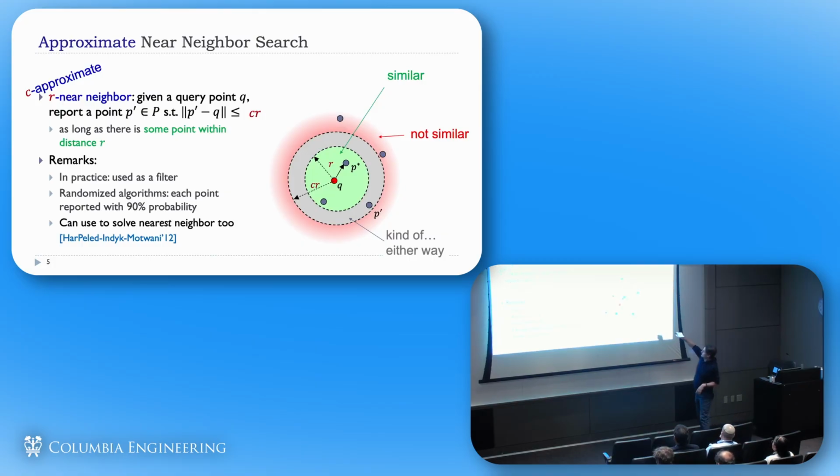Let me go over this guarantee a little bit. The guarantee is the following. As long as there is something within the green ball, I'll report something which is either from the green ball or in this gray band. But if there is nothing in this green ball, but there is something in this gray band, I may or may not report this. I don't need to guarantee anything like that. So in some sense, you can think about it as follows. If there is nothing in this gray band, then solving approximate is the same as solving exact. But this gray band introduces some non-determinism. You can either consider these points as being similar or dissimilar. Either option is okay.